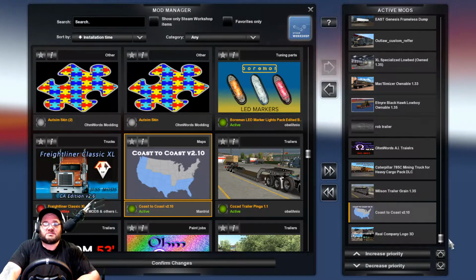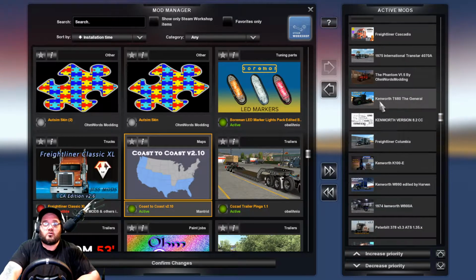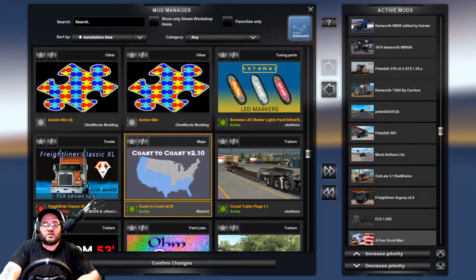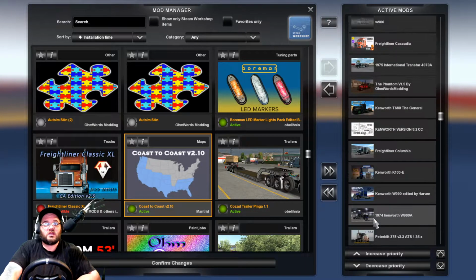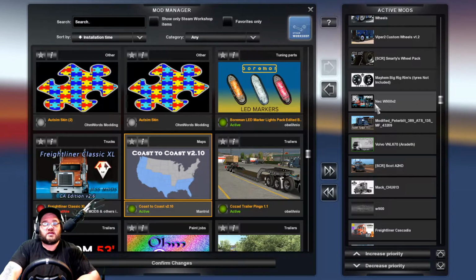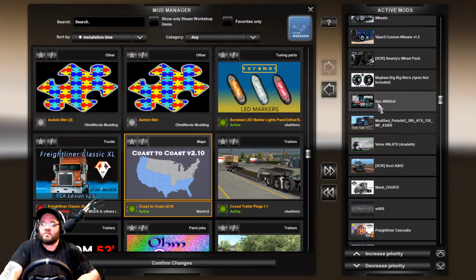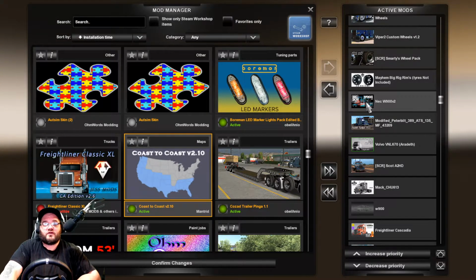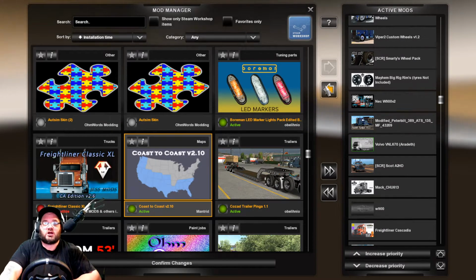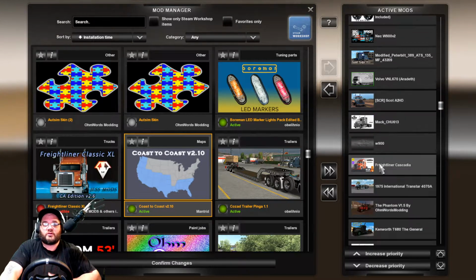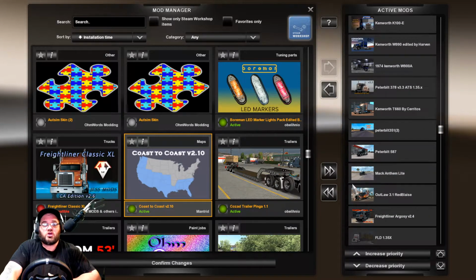so before we get into that, say I add a truck, right? And then my game crashes. I know that my problem lies somewhere between this FLD 135X and the NEC W900 V2 Big Bob. Okay, so that's where your problem would lie if your game all of a sudden crashes when you add a truck. And sometimes it's just a matter of where that truck sits within this list of priorities within this list